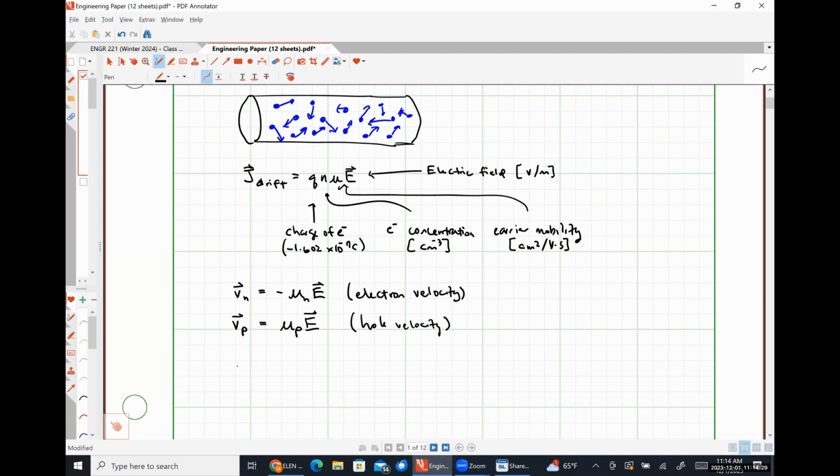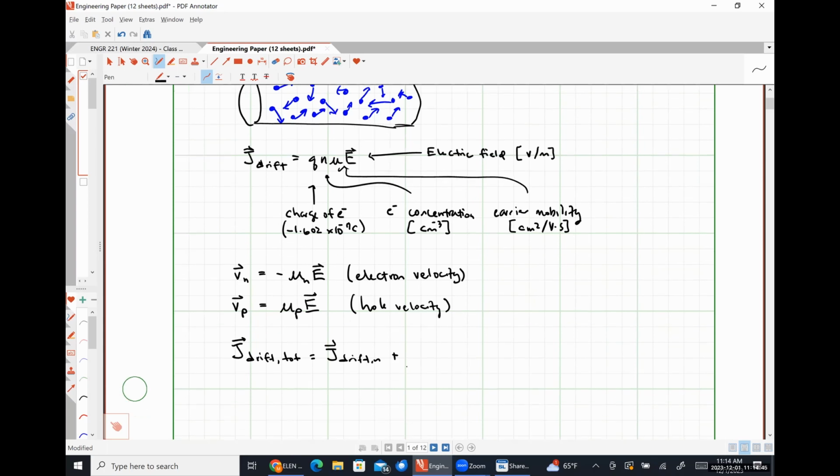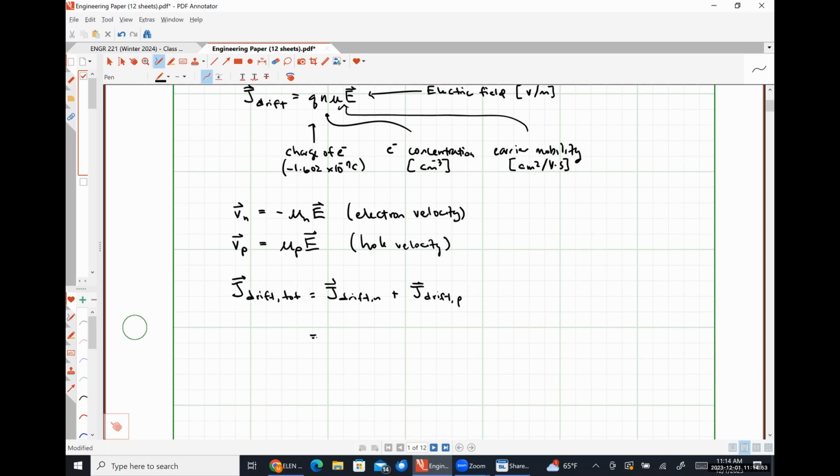So our total drift current density will be J drift for electrons plus J drift for holes, which comes out to be negative Q sub E, the charge of an electron, N mu N E,